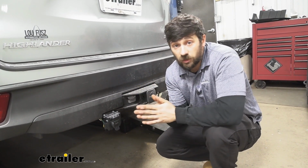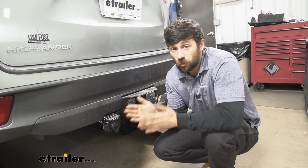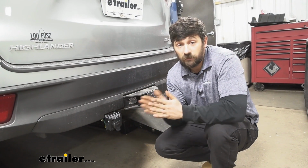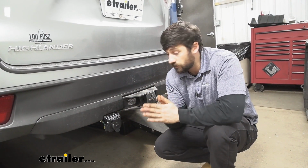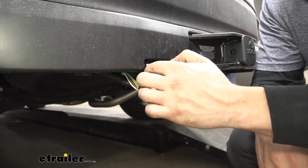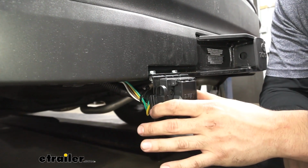Now, the reverse light circuit, keep in mind, isn't really going to be used on the majority of applications, but some boat trailers do have this. So if you do have reverse lights and you would like to utilize them, this kit here is going to allow for that. So our kit here does come with this bracket, which attaches both of our trailer connector